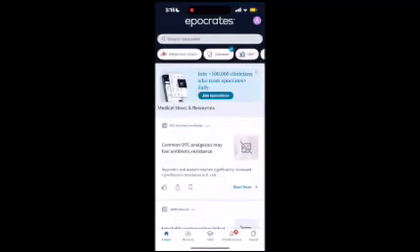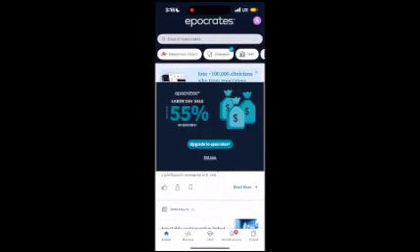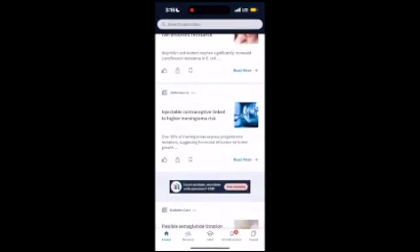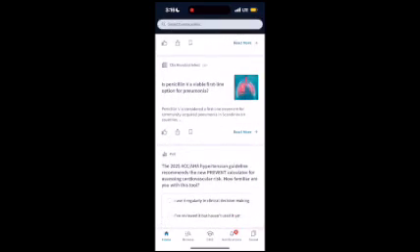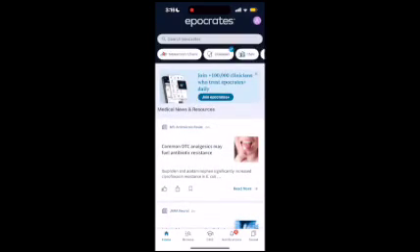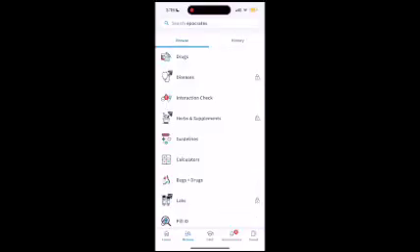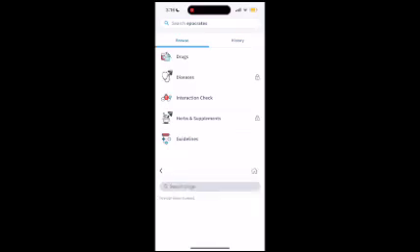So when you open the app, this is what it looks like until it loads, and then this is your home screen. Sometimes you'll have a little ad pop up. If I scroll down through this, then you'll be able to see the top news that has come out in the medical field. At the bottom, when you click browse, this menu comes up, and for example, I clicked on